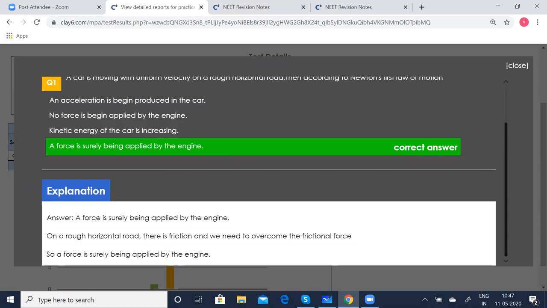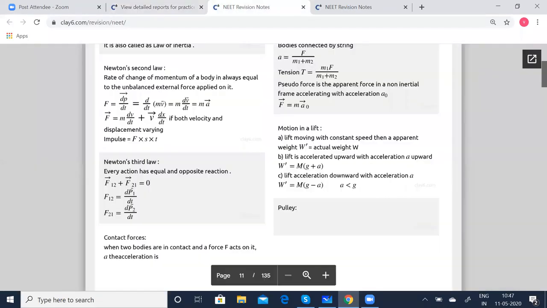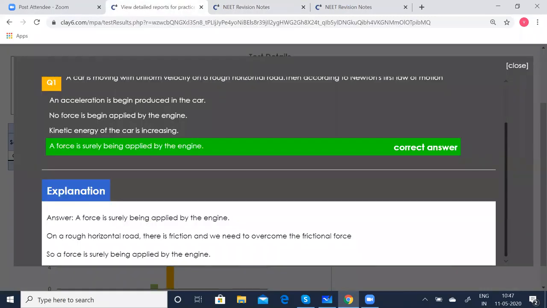So this is how you can get the explanation part also. You can learn, and again, once you're ready with the concepts which you have given in the revision notes, go to the test, prepare yourself. Still, if you're not confident, again, you can go to the revision notes. Remember, I mean, memorize all the formula which is being given. That is enough. The revision notes, everything is being given. And so you can quickly go through that, again, take the test. And if you're not getting a very good percentile, you can again take the test any number of times. Okay. So this is how you can make use of our tests. And finally, you can take the NEET full tests also after getting ready with all the, say, the chemistry, biology, everything.